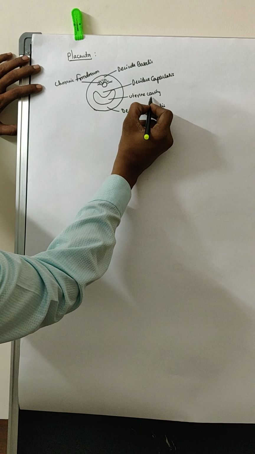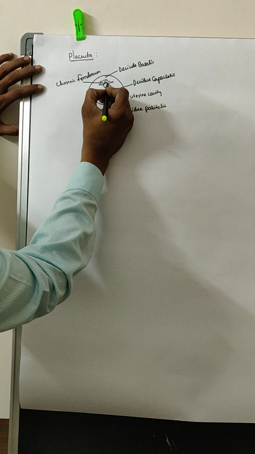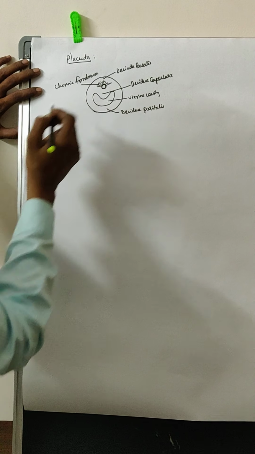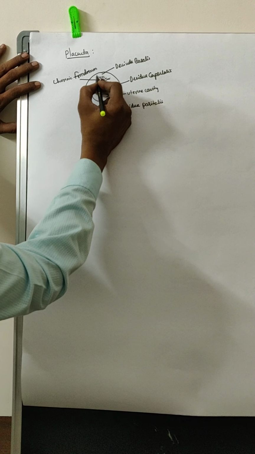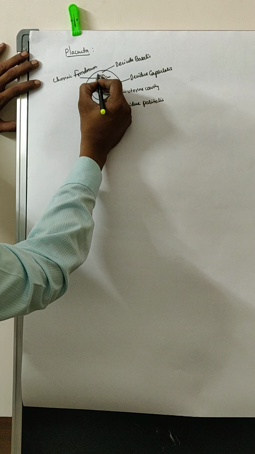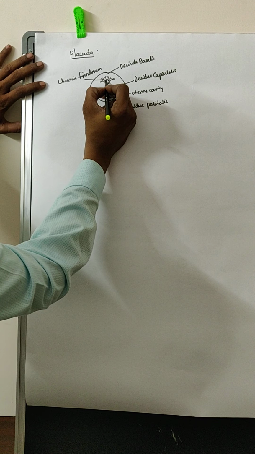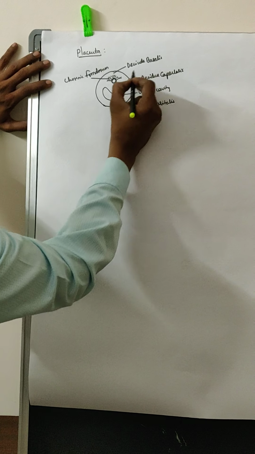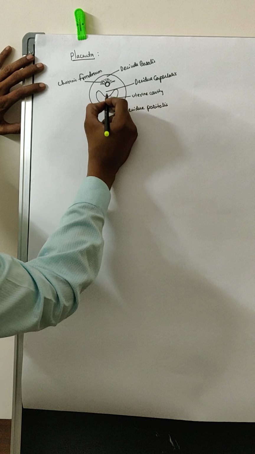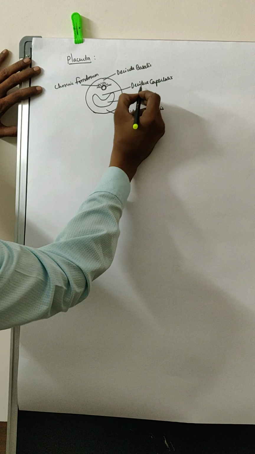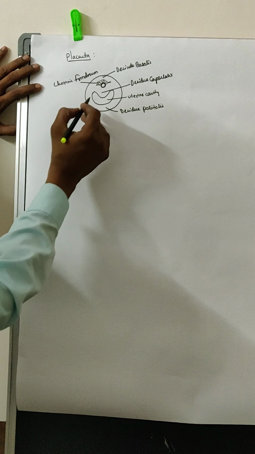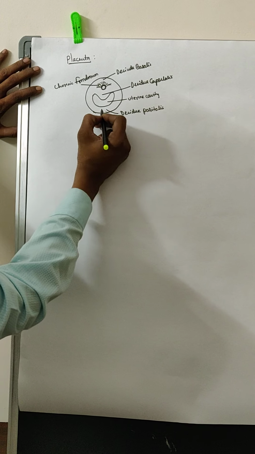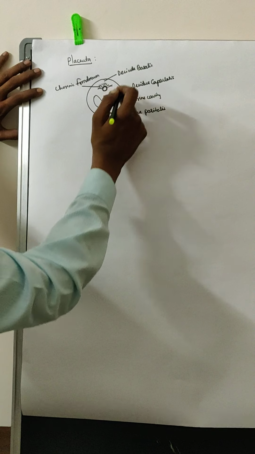This is the uterine cavity, and this is the blastocyst, the implanting blastocyst, which is invading the wall of the uterus. The part of the wall of the uterus which is in front of this blastocyst with the chorionic villi is called the decidua basalis. The part which is between the implanting blastocyst and the uterine cavity is called the decidua capsularis. And the part which is behind the uterine cavity is called the decidua parietalis. This is all about the decidua.